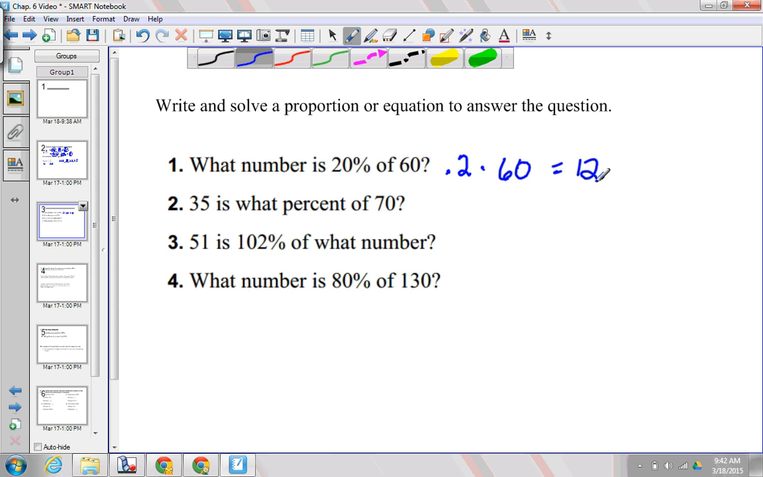For the next one, we have to put our part